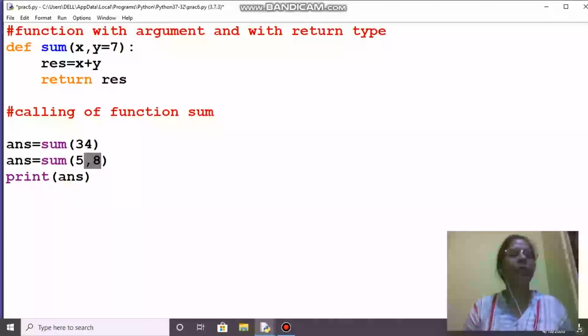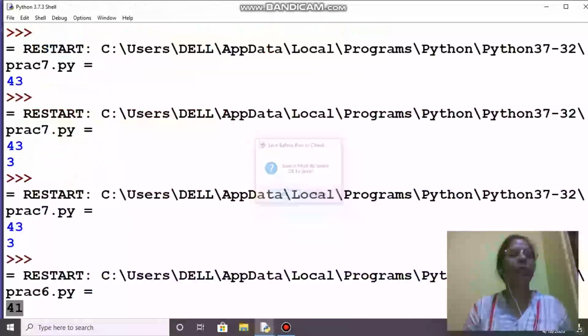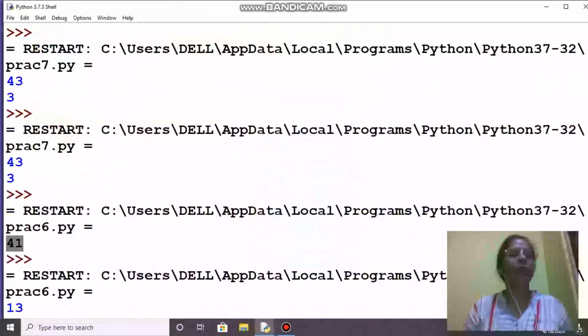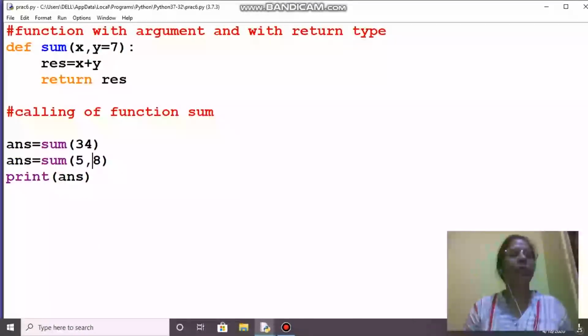So if I write 5 comma 8, it should give 13. So it is coming 13. That means y's value is taking 8, not 7. So if the programmer gives the value while calling, then first preference goes to the programmer's value, not the default.